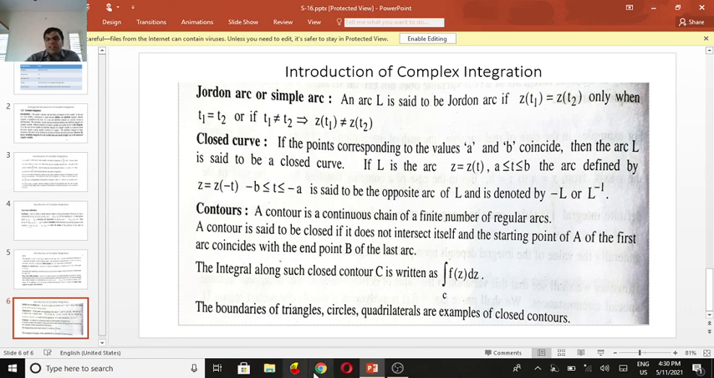The boundary of a triangle, circle, or quadrilateral are examples of closed contours. A triangle is an example of a contour: it is continuous, with no breaks. A circle and a quadrilateral are also examples of